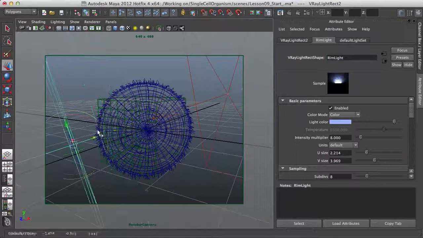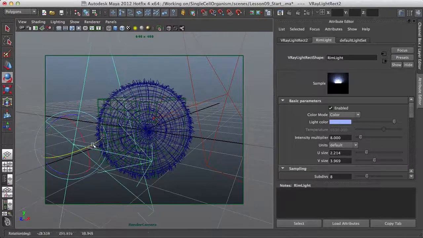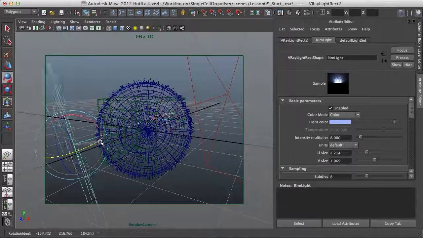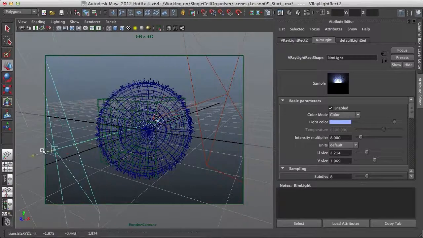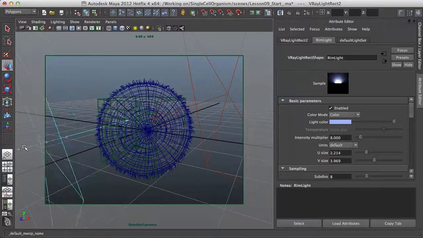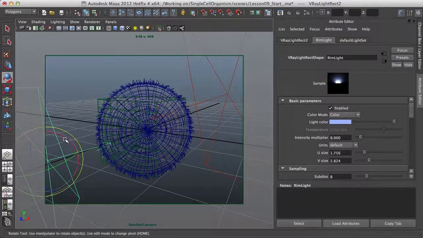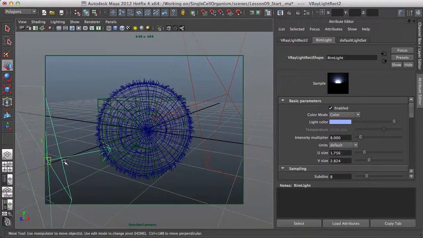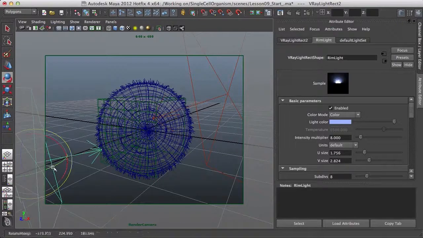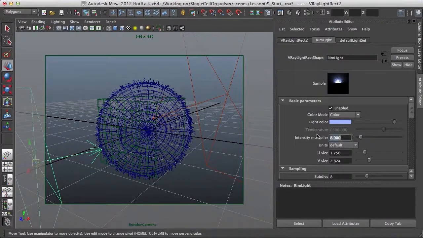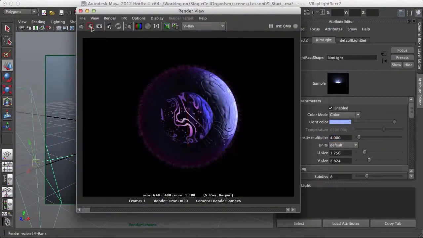Move this into place. Just rotate this to hit the bottom left. I'm going to make this a bit smaller. And for the intensity, I'm going with a lower intensity, something around 4. Now if we do a test render,